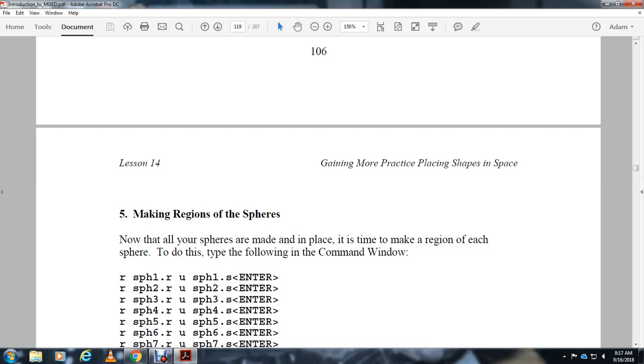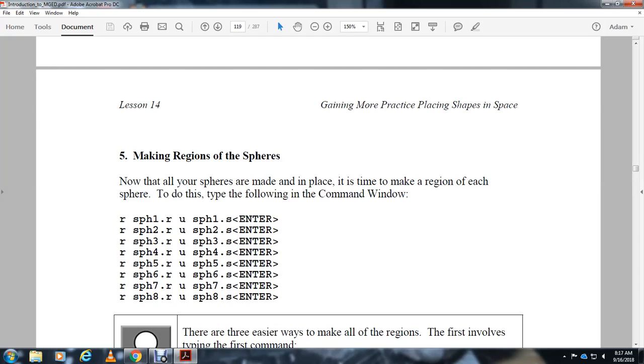Alright, making the regions of the shapes. Now that all the spheres have been made and placed, it's time to make the region of each sphere. To do this, use the command: region sphere 1, union region sphere 2, region 2 sphere 2, and then you have